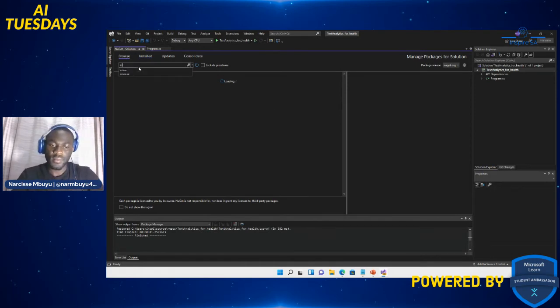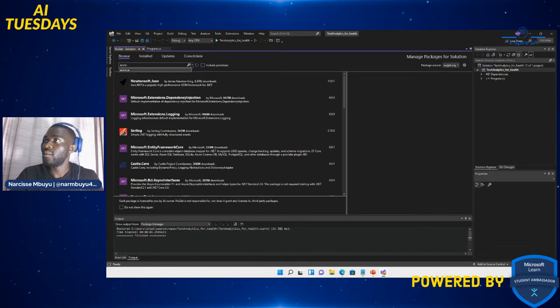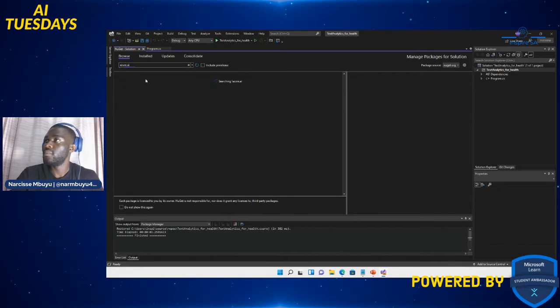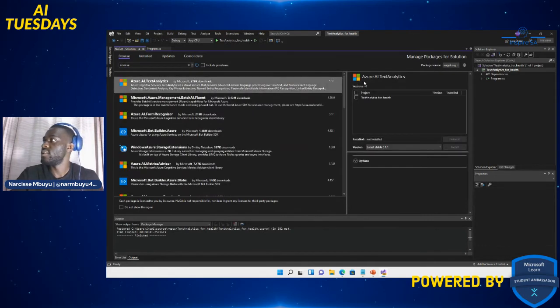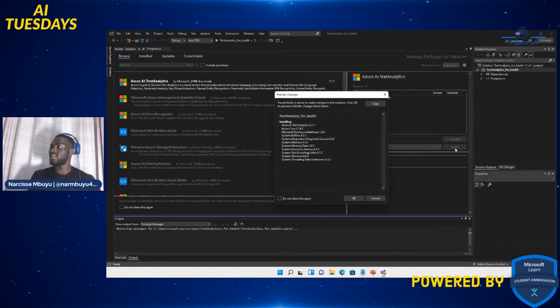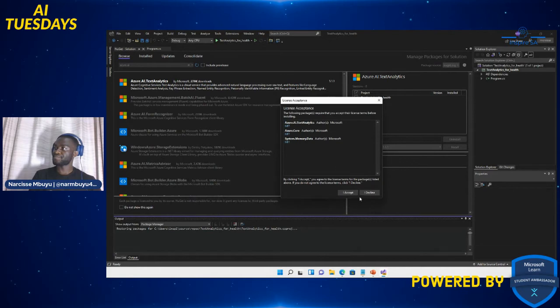Azure.AI.TextAnalytics, and then install. It's installing. Let it install.